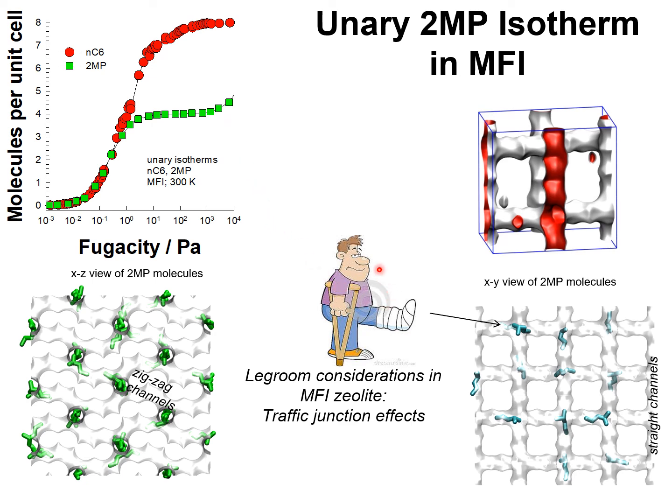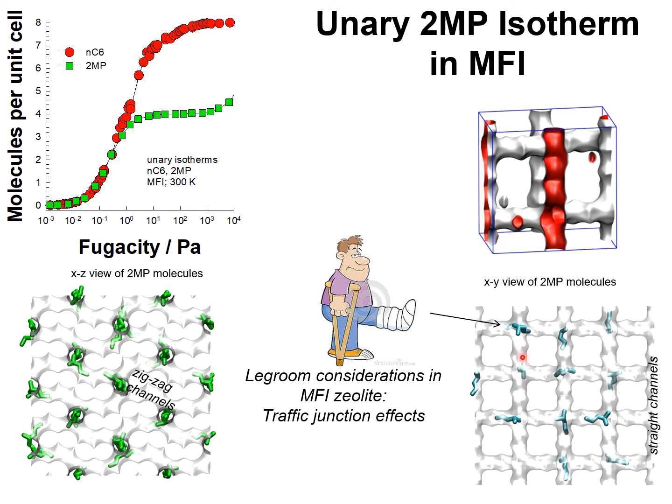This is because of the configurational penalty that is experienced by 2-methylpentane. It requires more legroom and it prefers to locate at the channel intersections,